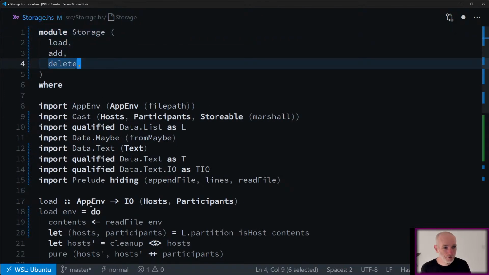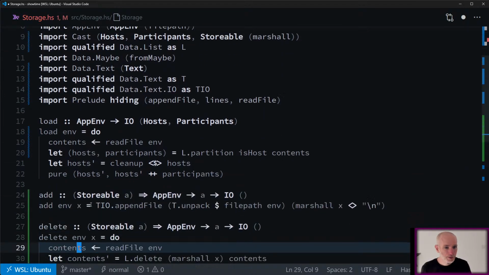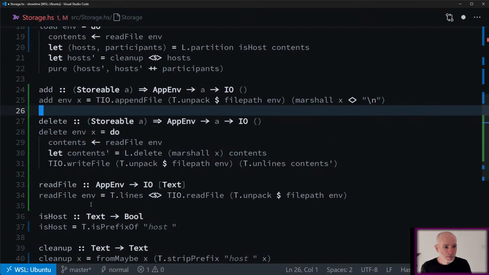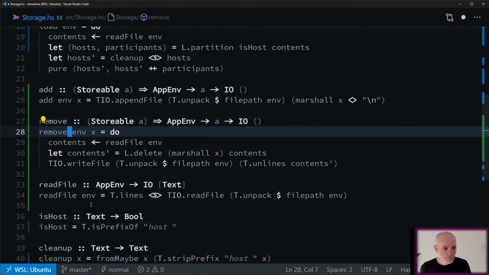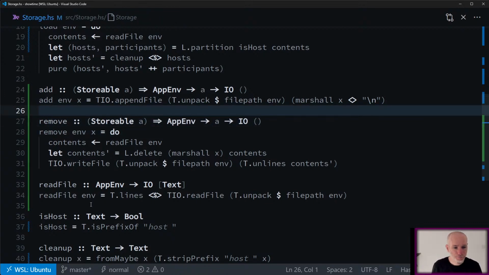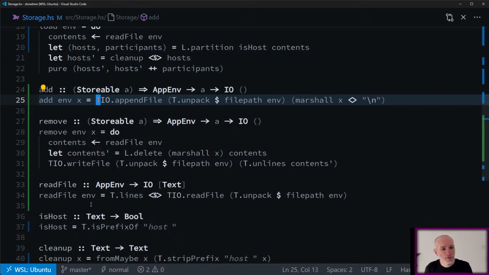And I might call this remove, just to make the names line up. So adding becomes a little bit more complicated.